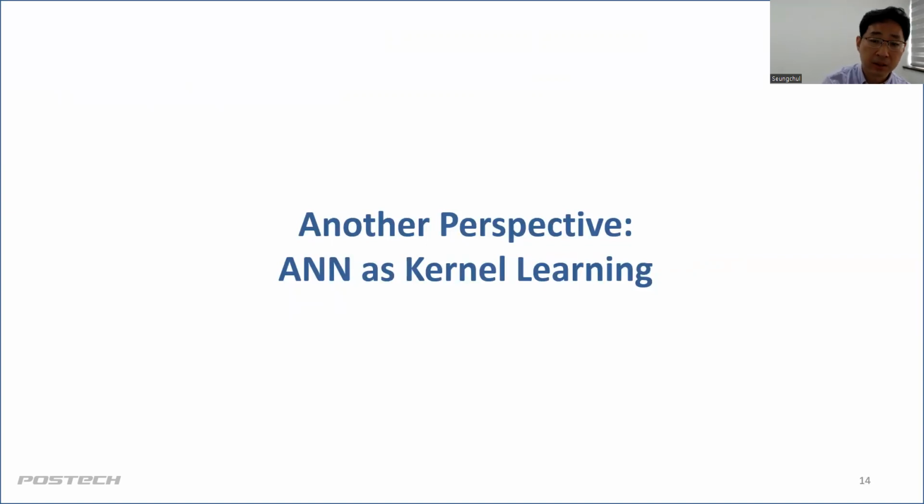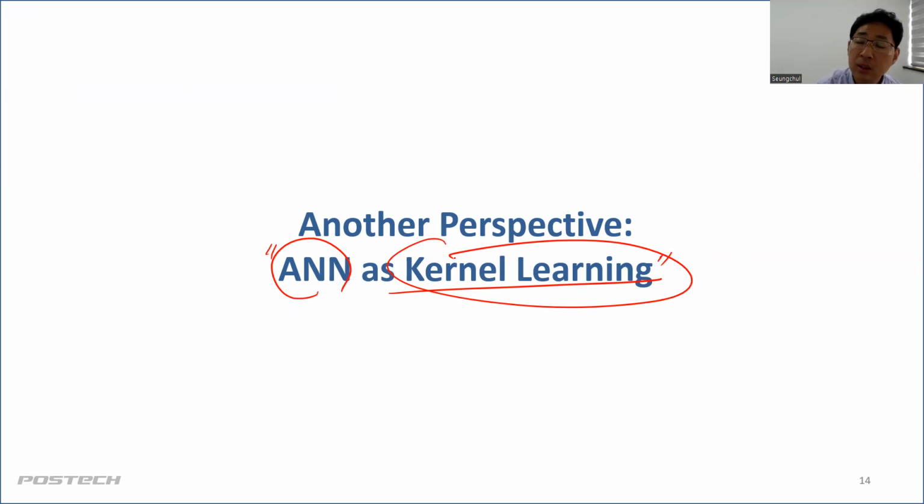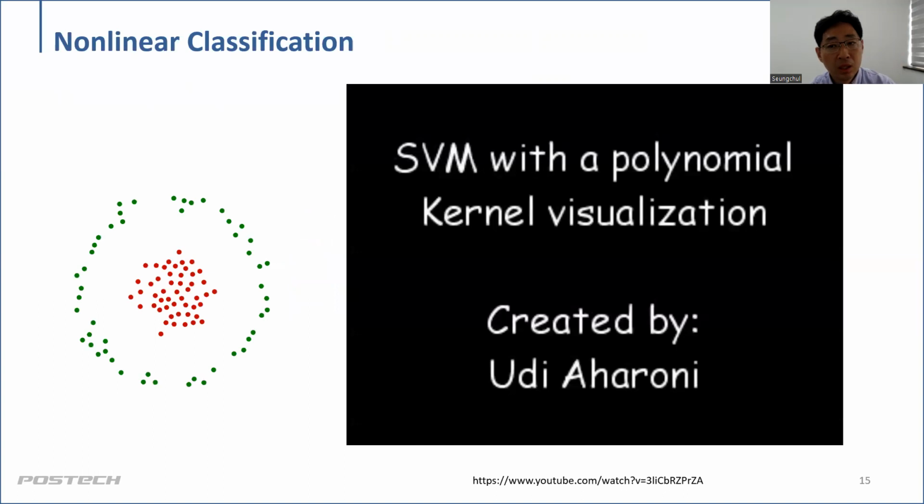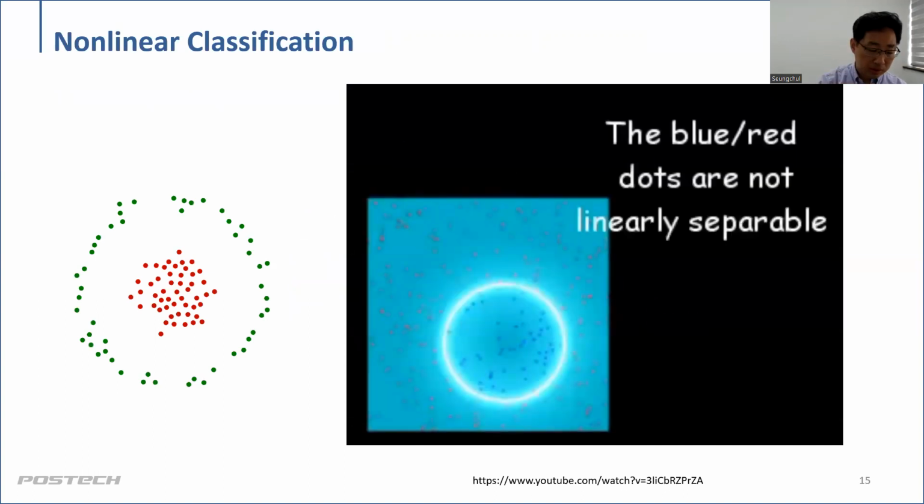And it's ANN as kernel learning. At this moment, you don't have to know what these things are. I'm going to explain it in a minute. So remember,